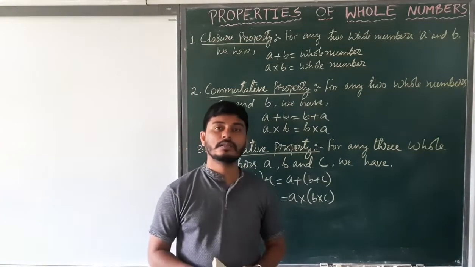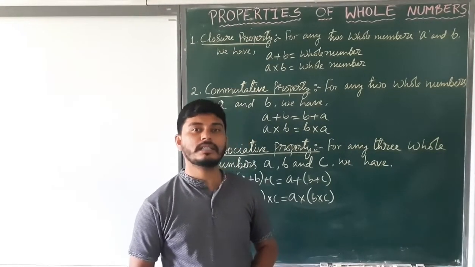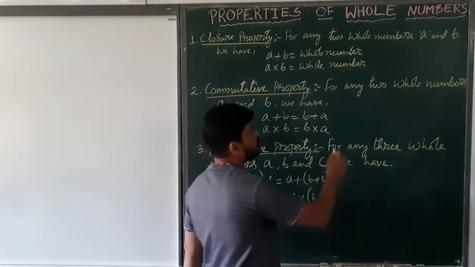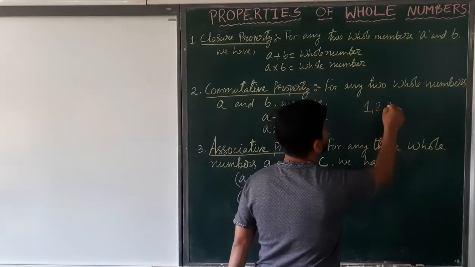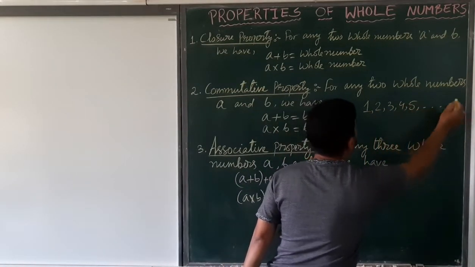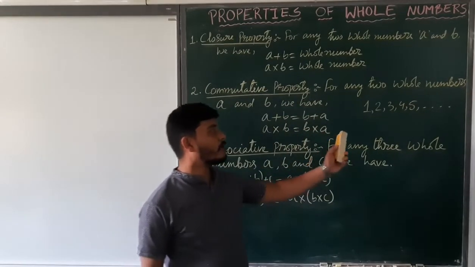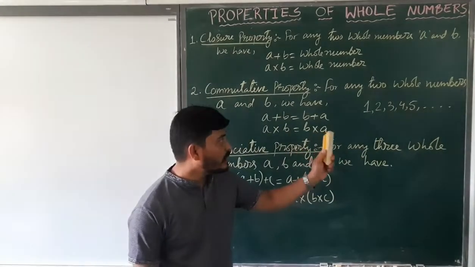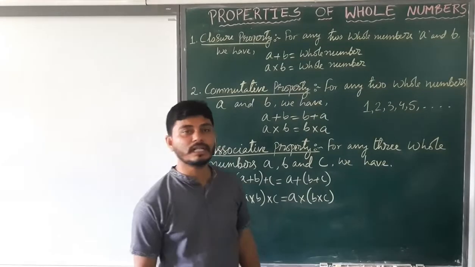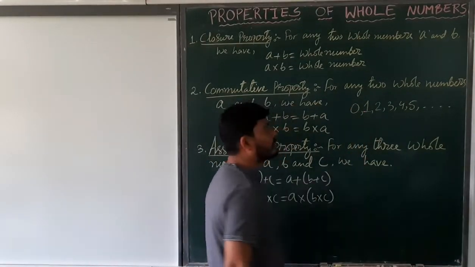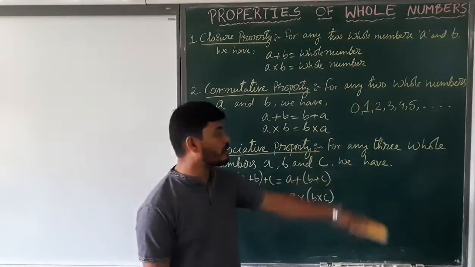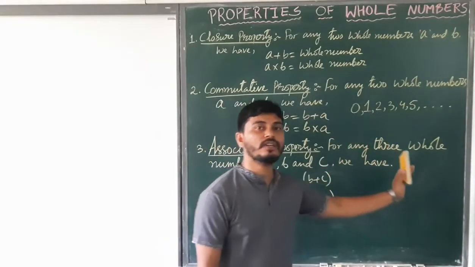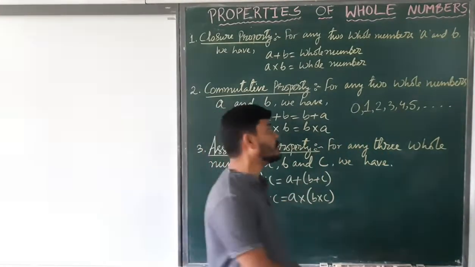0 along with the natural numbers are called whole numbers, and I think you all must know what natural numbers are, which you have already learned in your previous classes: the counting numbers 1, 2, 3, 4, 5, 6, 7, 8, etc. These counting numbers are called natural numbers, and when 0 is added to the natural numbers, the new set of numbers becomes whole numbers. Here you must understand that all the natural numbers are also whole numbers.